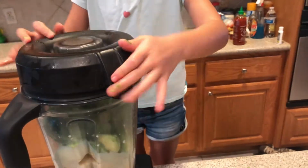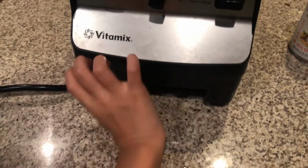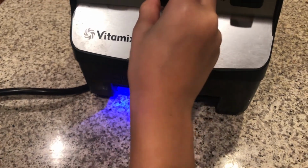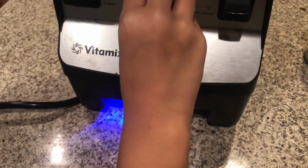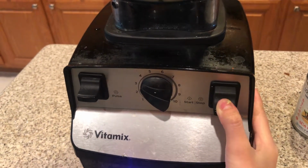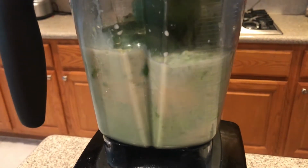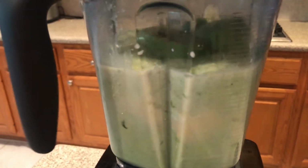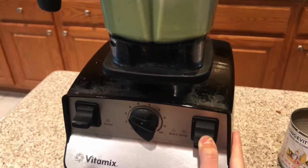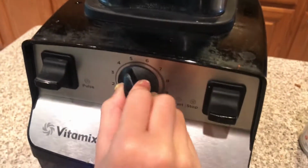To turn it on, which is right here. And now we have to put it at 6. No, 3. First of all, 3. And then you. Whoa! It's not that noisy, by the way. Now 6, right? Okay, now we have to put our